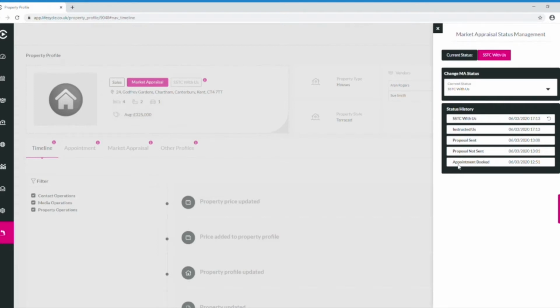So if we look at this one, we can see that the first status this property had was an appointment booked to do a market appraisal. The second status was a proposal not sent, and the third status was proposal sent. Those three things probably happen pretty much automatically as you're booking in the appointment and turning it into a market appraisal and sending it to the vendor. The next thing that happened was that the market appraisal status got changed to instructed us, and you can see the date that happened here. Then after that, the status got changed to SSTC with us,